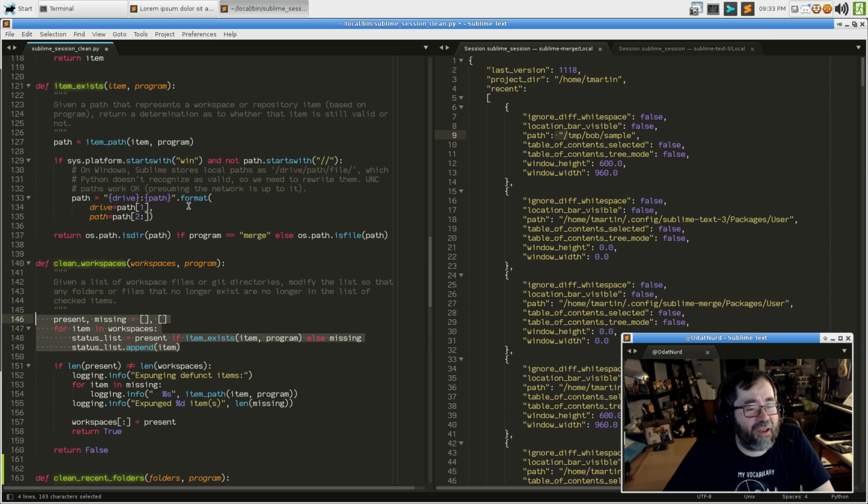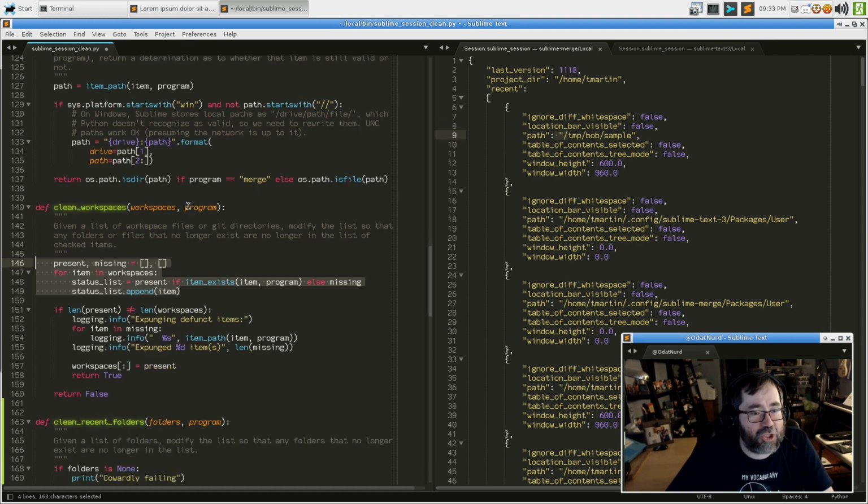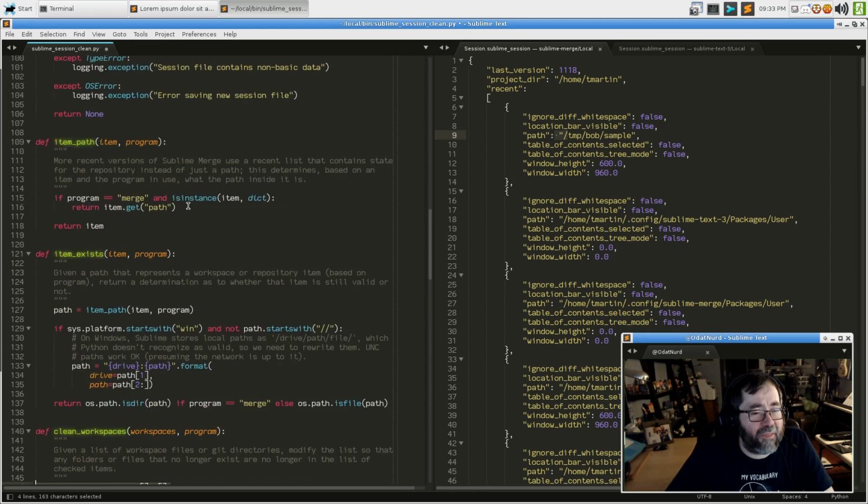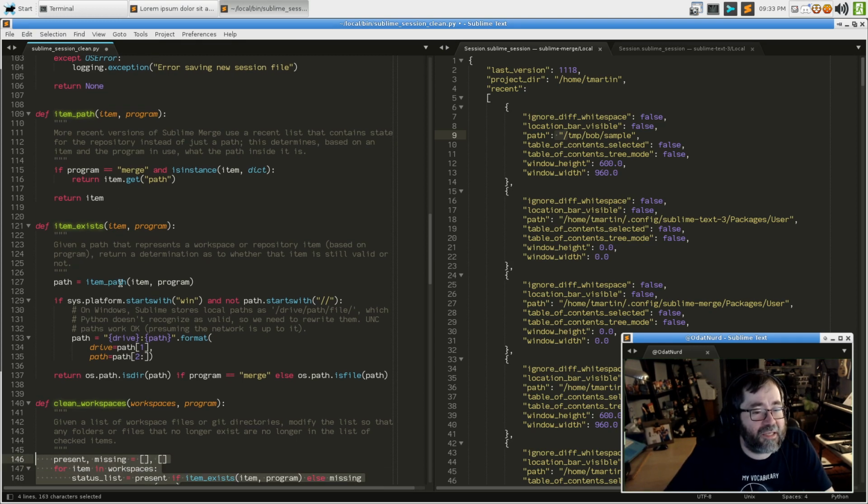We need to pretend that the program is always merge in this case. No, except that that'll totally break that. Oh, actually, no, it won't. Because if the program is merge and this is a dictionary, then it gets the path out of it. Otherwise, it returns a string. That whole backwards compatibility saves us because this is going to call item path with the item we give it